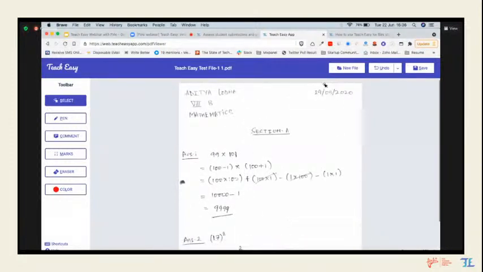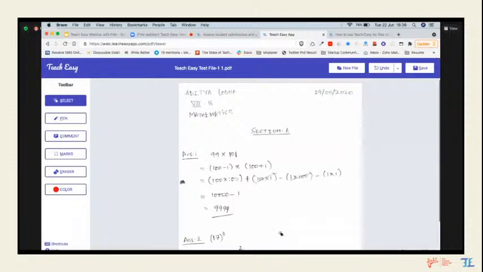The file will show up in front of you, and now you have all the same tools that we saw on mobile accessible on your left side. This is the pen tool, this is the comment tool, there is the marks tool, and there is even the eraser tool. One thing I forgot to cover is that even in mobile, if you made some mistake and want to remove something, there is this undo tool that you can use. Similarly, there is this eraser tool on your desktop.